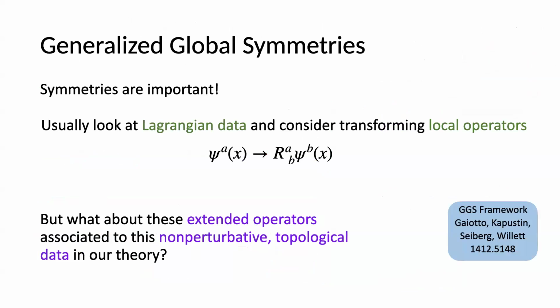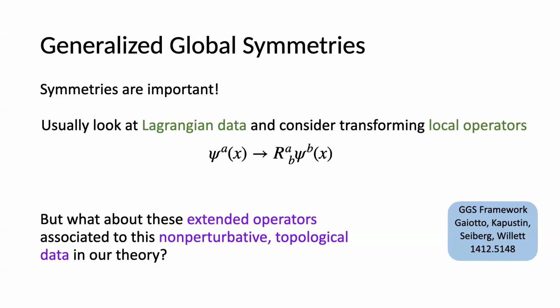Right, so that's great. Now, we know, of course, as fundamental physicists, that symmetries are always very important, but usually when you learn quantum field theory, or when you're practicing quantum field theory, you think about symmetries by writing down the Lagrangian data of your theory and considering transformations of local operators, right? But as I've just reminded you, often theories that we care about have these extended operators in them. So it's a natural question to ask whether there is a notion of global symmetry that can be applied to these extended operators as well.